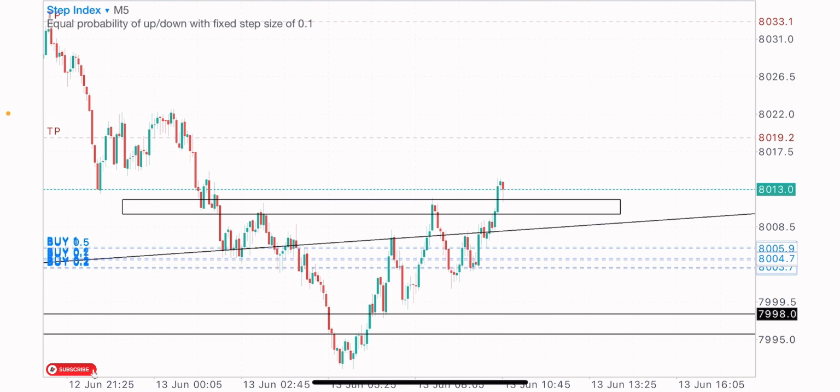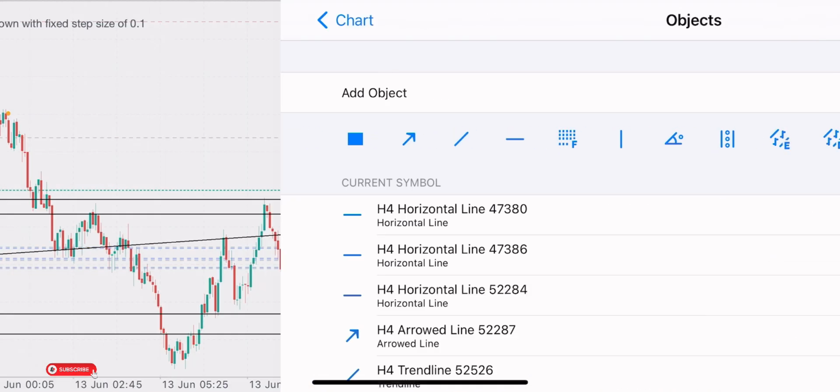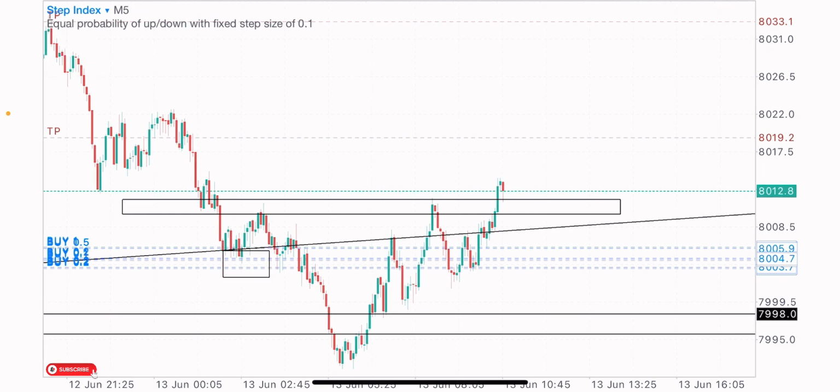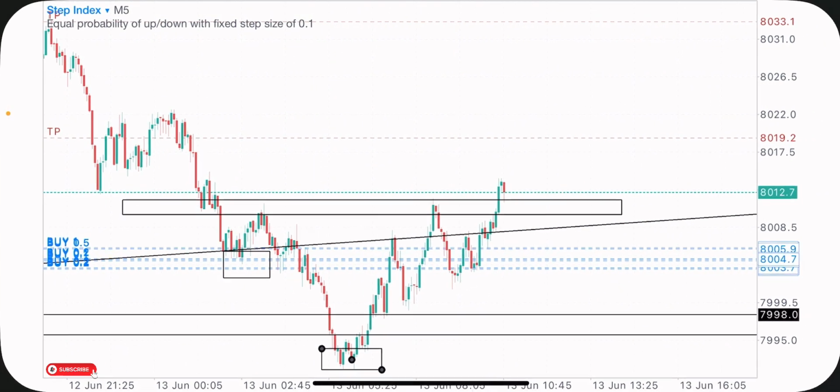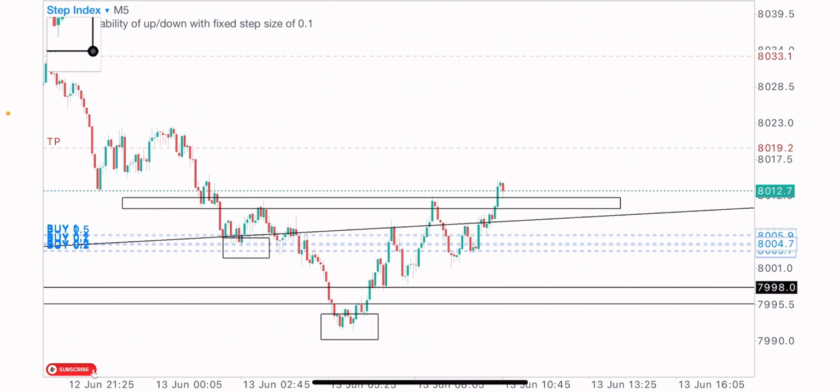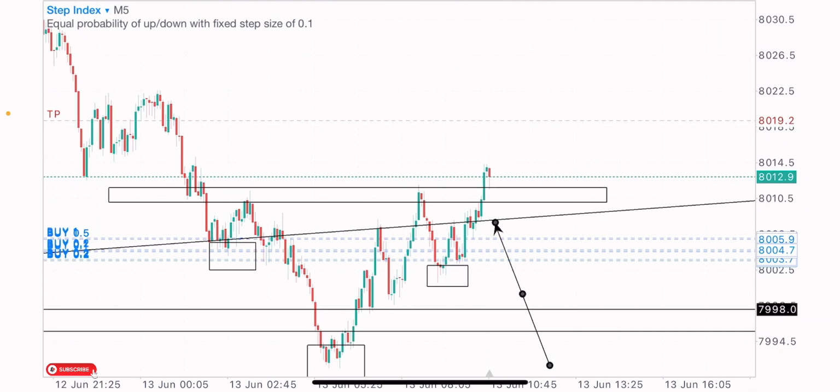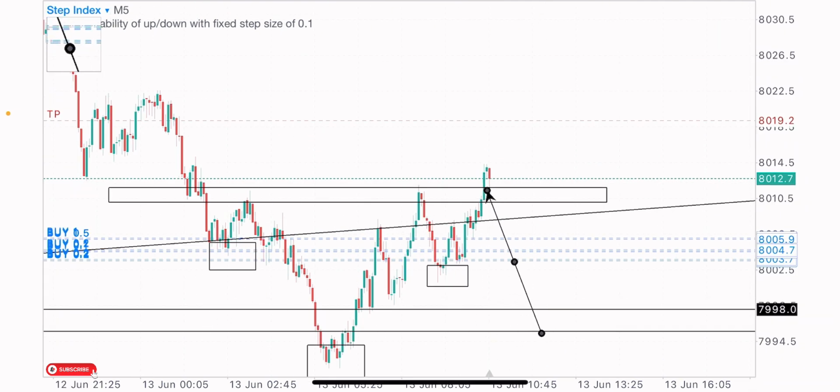You can see the market is already giving this bullish reversal pattern formation on the 5-minute time frame chart. You can see price created the left shoulder there, the head at this point. This is a bullish reversal pattern formation, an inverted head and shoulders pattern formation. The right shoulder at this point. Basically, the market is just retesting this level that it broke out of. So a retest of this zone, we're expecting more buys.